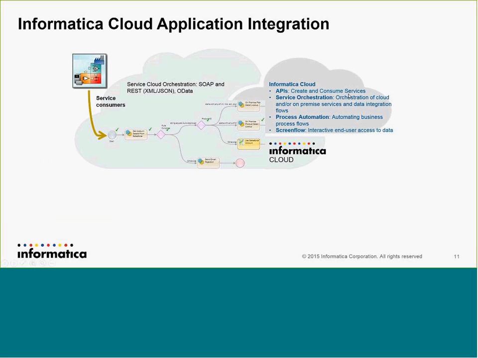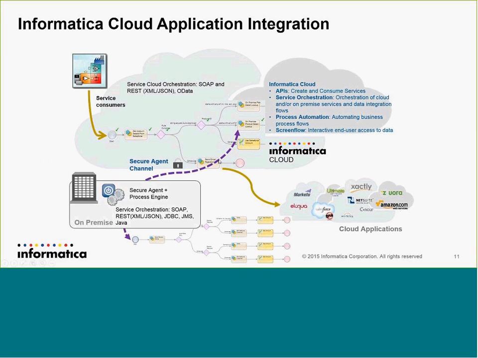What this makes possible is to consume services, as this suggests, because these are all services that would be consumed by this process. But the process itself is an API. So the service orchestration then makes it possible to access information with the systems that these services integrate, either in the cloud. So, for example, if you want to access from Informatica Cloud services that are exposed by a variety of cloud vendors, it's possible.